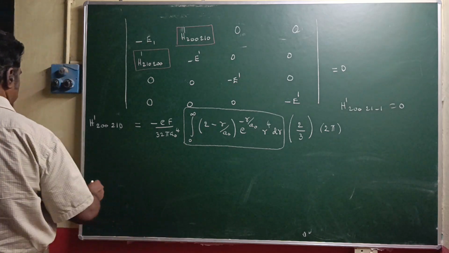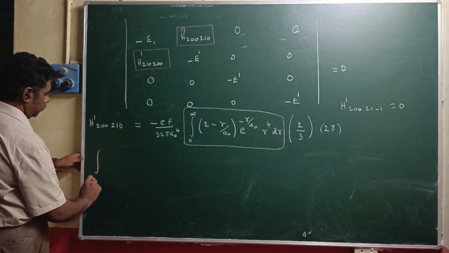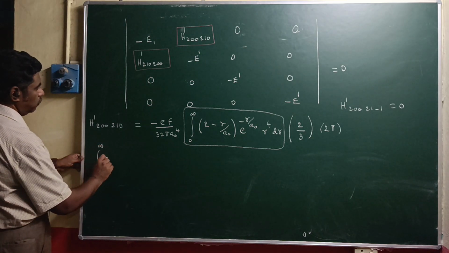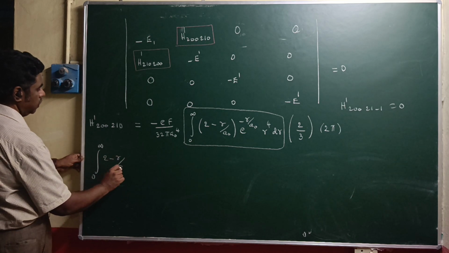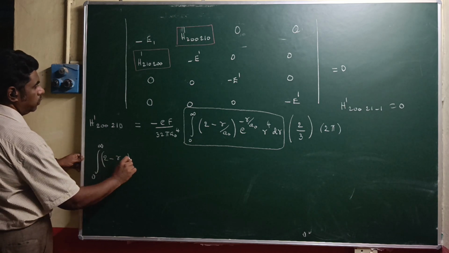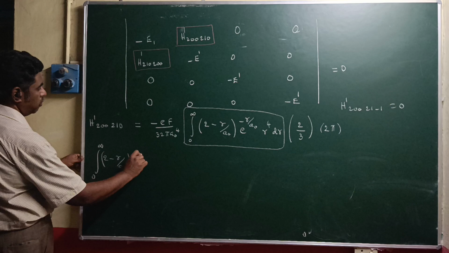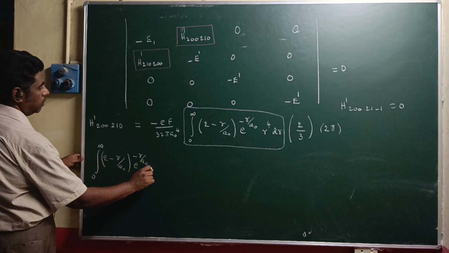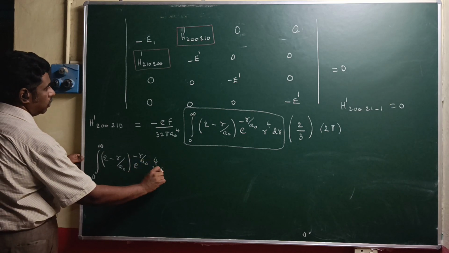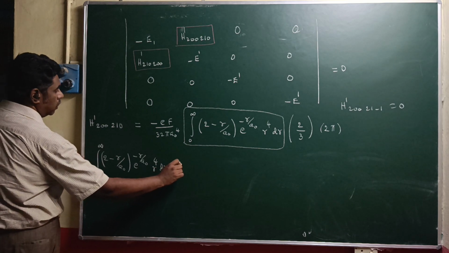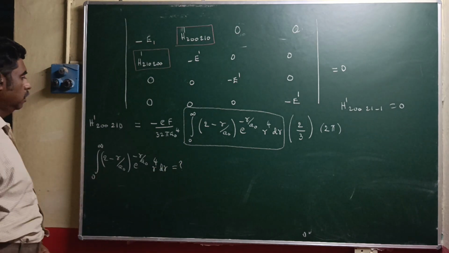Take this integral, 0 to infinity (2 minus r by a0) e power minus r by a0 r power 4 into dr, equal to what? For that,